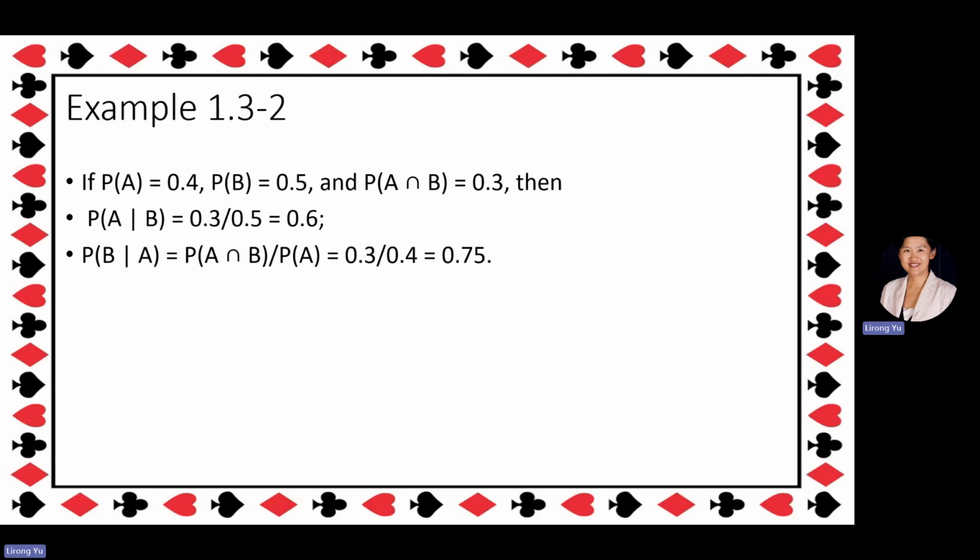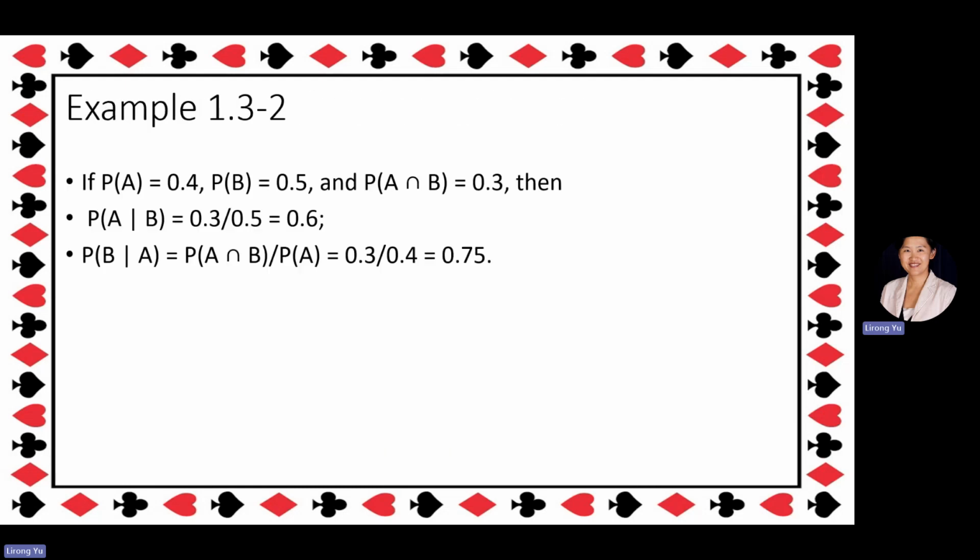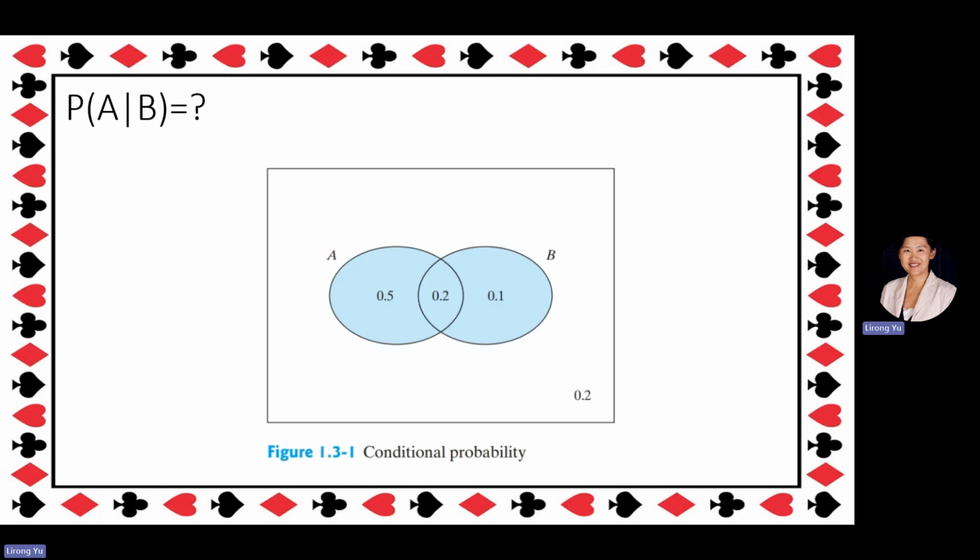The question that we had earlier. All right, this is a different question. Suppose the information is not given by a table and it's not given by an equation. Suppose the question is given by this picture. We still want to calculate the probability of A given B. So what will be the answer? What is the percentage of A inside B? That is what conditional probability means. What is the answer? Should be 2/3. 2/3, yes. So the calculation will be,